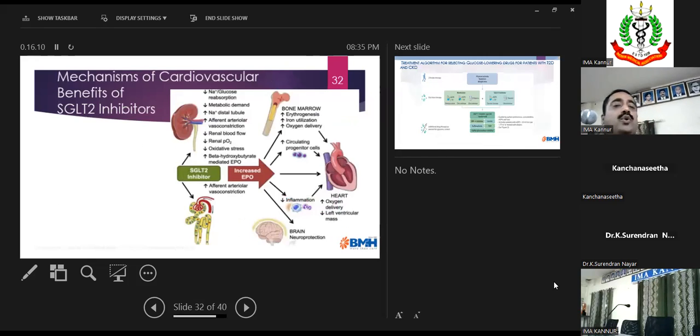So another group of drugs is basically the SGLT2 inhibitors. There have been a lot of trials coming out on SGLT2, where the sodium glucose transport on the proximal convoluted tubule is inhibited, and it's not only about controlling the blood sugar. It has an impact on cardiac function. It also increases erythropoietin levels and improves anemia. SGLT2 inhibitors have now been shown to have benefit not only in the renal aspect but also the cardiac aspect, and in a lot of other aspects of care of diabetic patients.